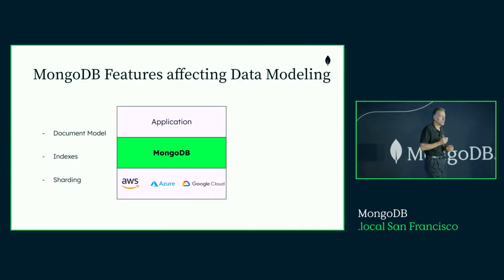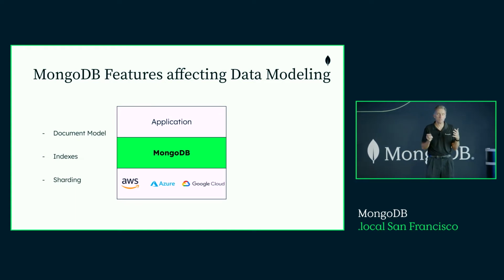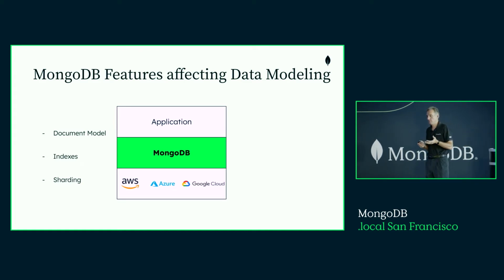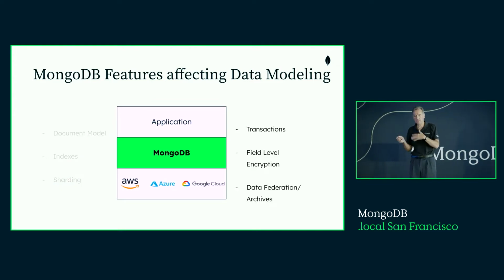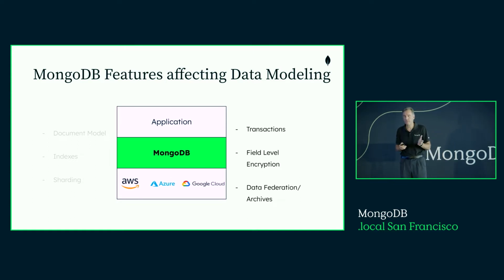And what are such features? Well, in data modeling, the most important, obviously, is the document model. Understanding the document model will get you a long way. Indexes: that's the most common issue we see with customers that have performance issues, they're not using the right indexes. Sharding: you have a large database, how do you shard? What are the important concepts? And then there are things that came more recently in the last few years, like transactions, field-level encryption, or data federation,